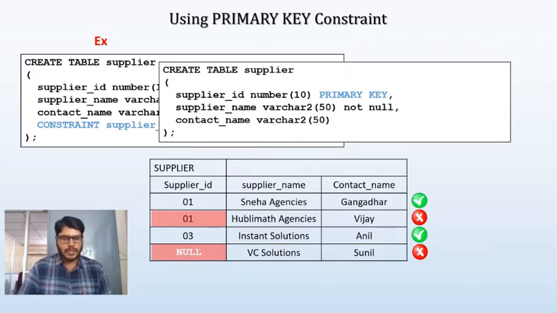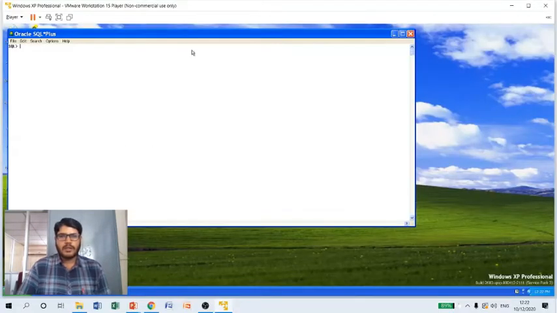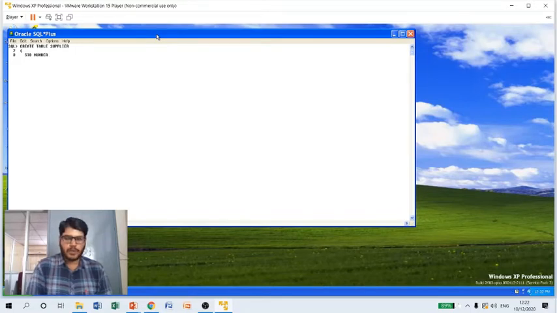Let us see the demonstration now. Let me quickly open Oracle. Let me create the supplier table here. So create table supplier, press enter, open parenthesis, and after this let me specify SID now. Try to observe, I am going to specify the column name as SID, and I want to store a numeric value here. So the data type I am going to define is number, and I am going to specify the size as 3.